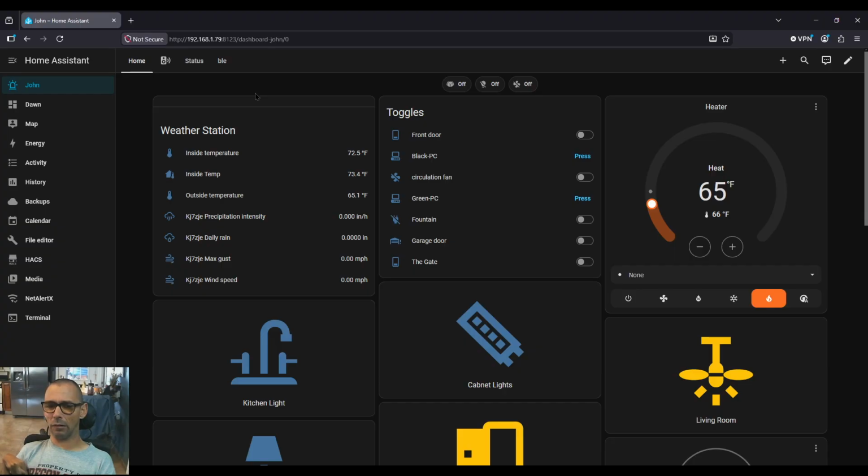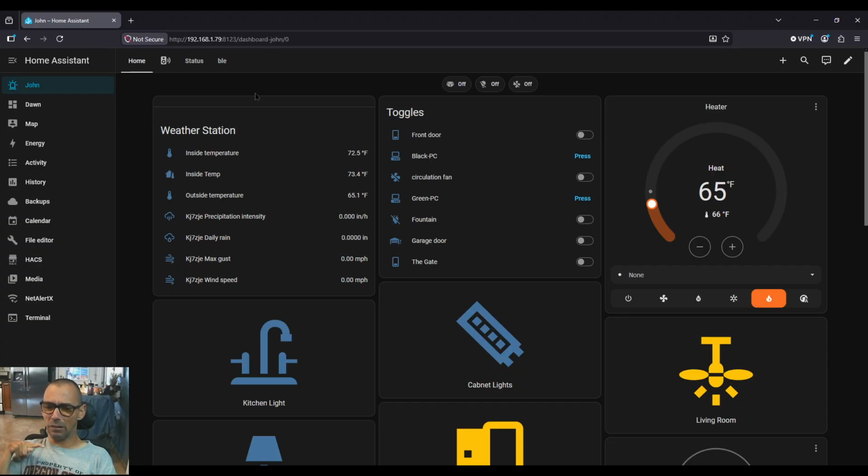It has inside temperature, outside temperature, rain info, and there's a lot of automations that are triggered by various numbers within that weather station,